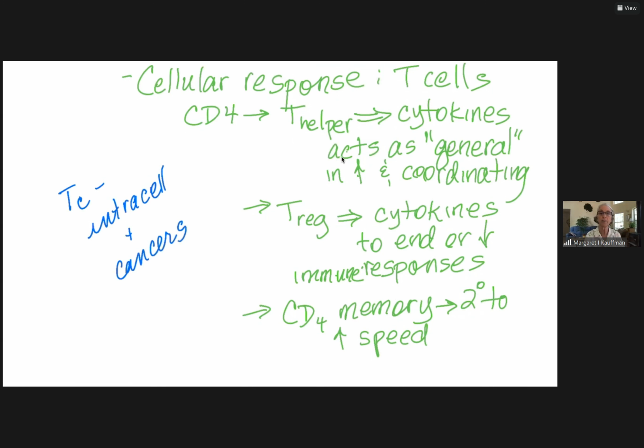The other part of the cellular response, we're actually going to deal with this one first when we get to the adaptive. So I'm also going to rearrange the chapter in the book, because I'm going to put it in the order in which it really happens. They start with the humoral response, not with the cellular response, but you need the cellular response before you can get the B cell humoral response. So we have